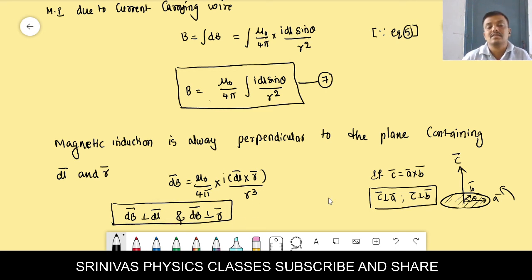We can also see it like this, by taking an example. For example, C bar is equal to A bar cross B bar, okay? I am taking A bar along the x-axis. X-axis means we write i cap. B bar is along the y-axis, you take j cap. A bar is along the x-axis, B bar is along the y-axis. What about the direction of the C bar? Can you tell the C bar direction? I cap cross j cap is what? Anybody from the class? I cap cross j cap is what?